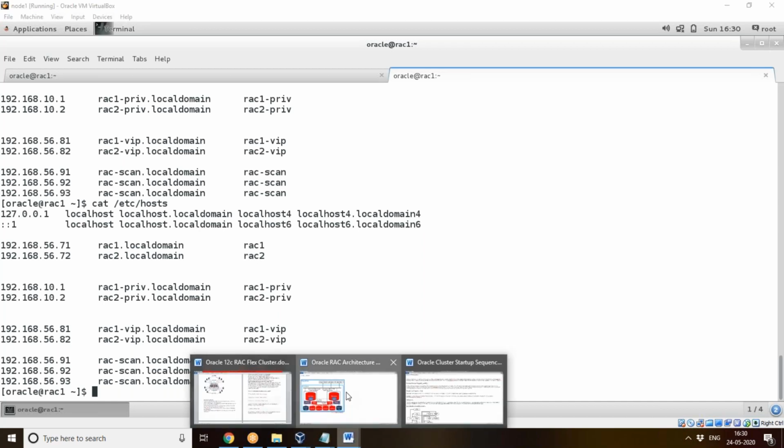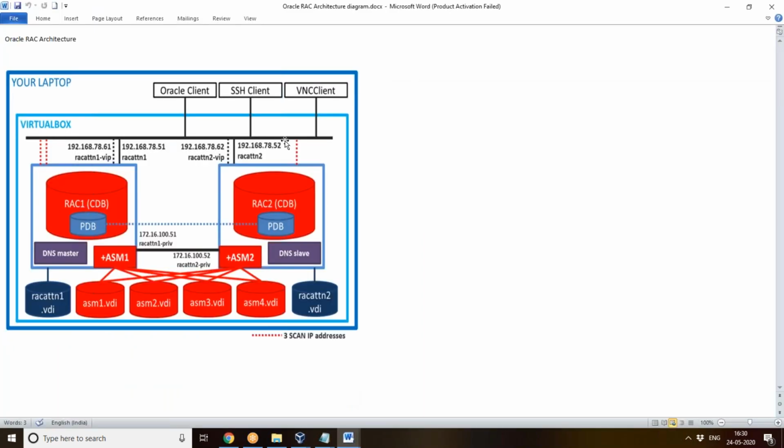See, whenever your public IP gets crashed, for example this 51 gets crashed, the public IP is not able to access the application. Normally through the public IP it will get connected to this database, but due to some problem it's not able to connect here. So what will happen is, through this VIP, these applications will get connected to this database.